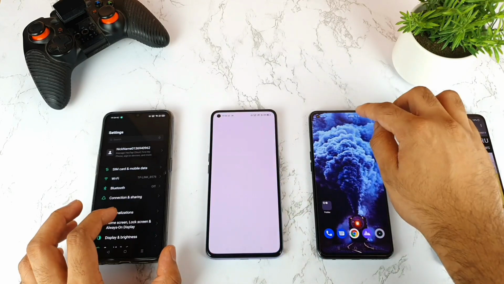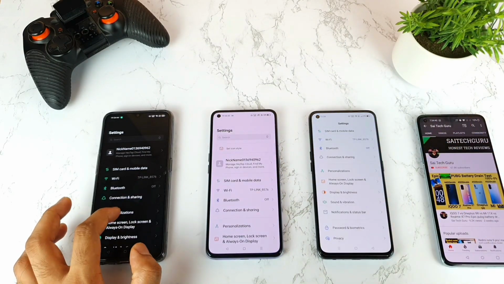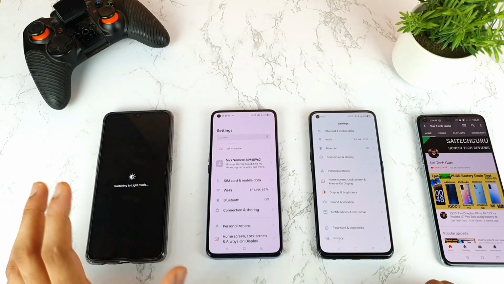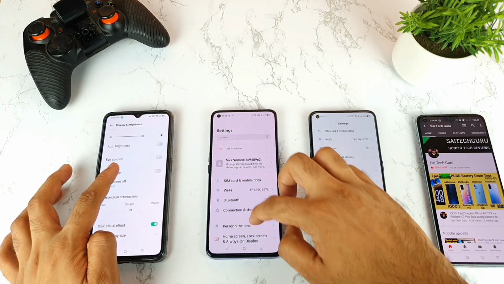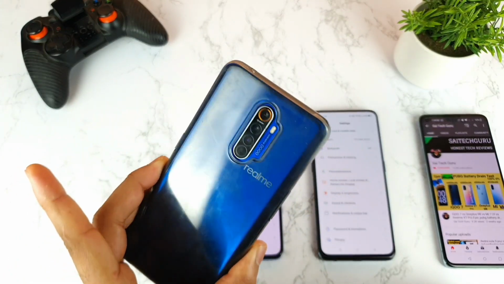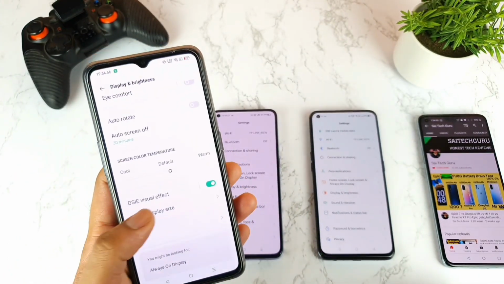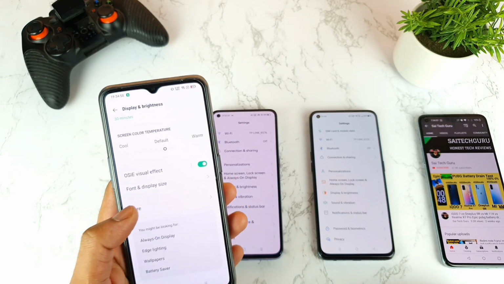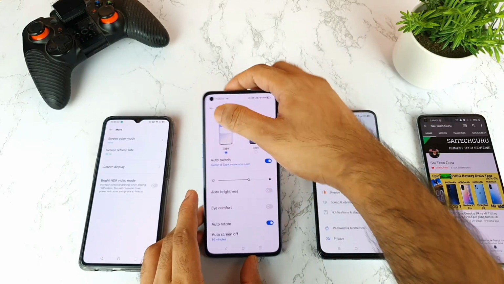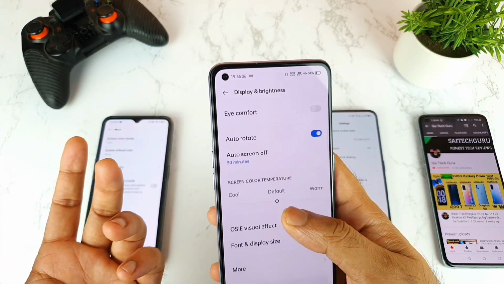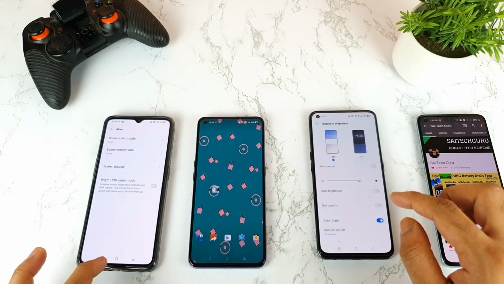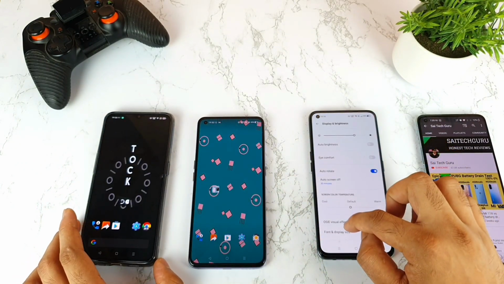First let me show you exactly what refresh rate I'm using right now, because before starting the test you should know exactly what settings I'm using. On this Realme X2 Pro, I got the Realme UI 2.0 update as well, and it's really great in terms of the overall experience. I'm using a 90 Hz refresh rate here, because this touch sampling rate test will definitely be affected by the refresh rate. All the phones are set to their highest refresh rate.